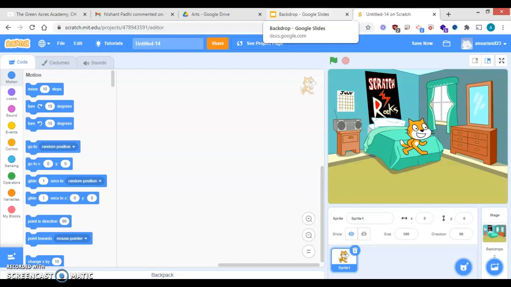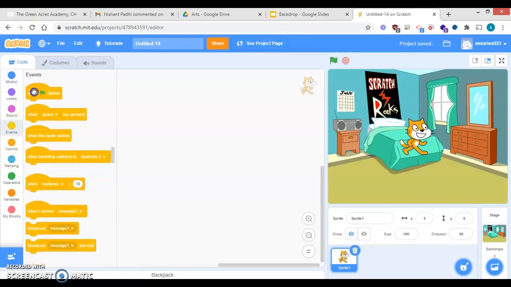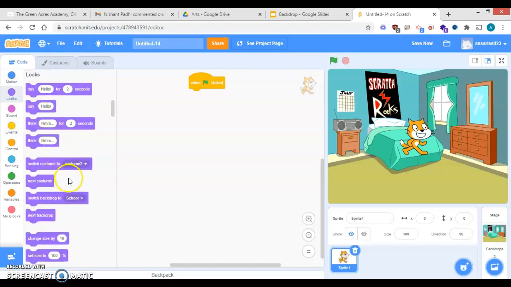First, you all are aware we have to go to which particular part? We have to go to events. So I'm going to events. I will be typing when green flag is clicked. When green flag is clicked, and the next thing I will be going to the looks part, switch